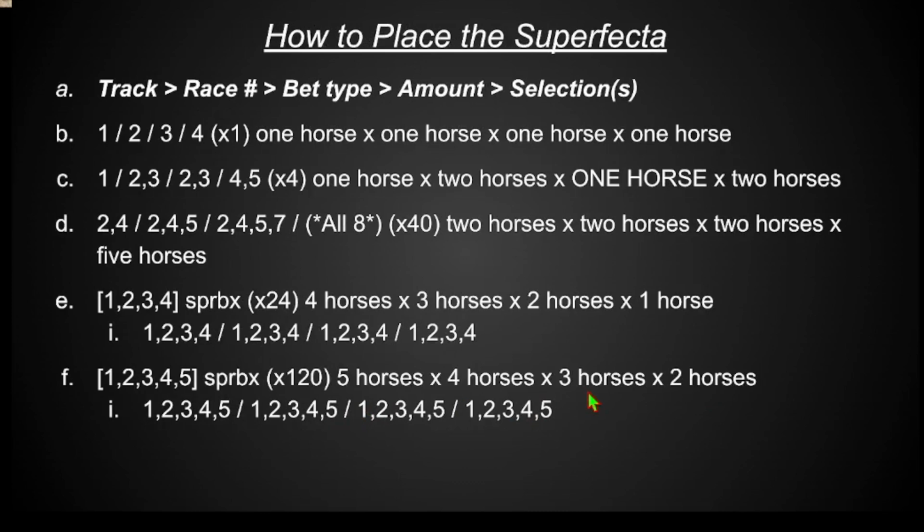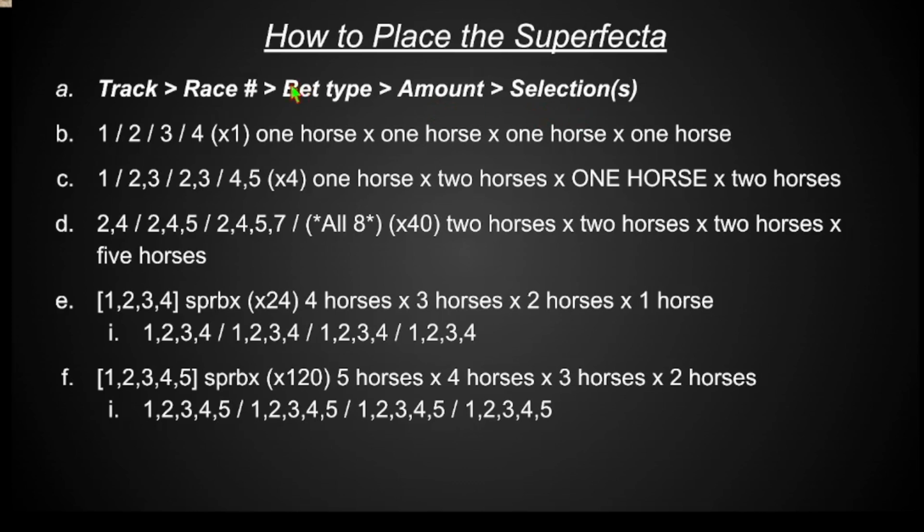So when you walk up to the cashier, this is the same with win bets, exactas, trifectas, etc. You're going to start off by telling them which racetrack you want to bet on, which race number you'd like to place your bet, the bet type, so win, exacta, trifecta, super, etc. The amount you'd like to play it. This does not include the multiplying effect. So for superfecta, if you want to play the minimum, you would say 10 cents here, not how much you want your bet to cost total.